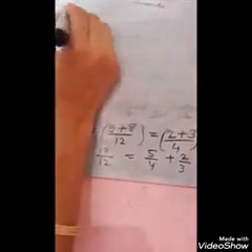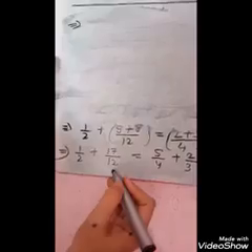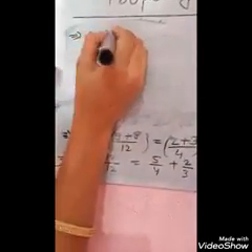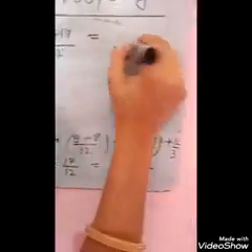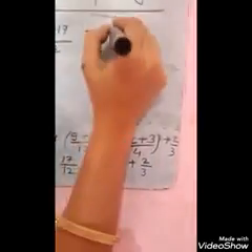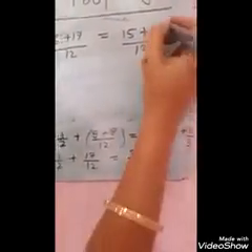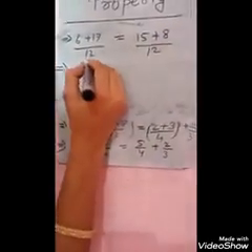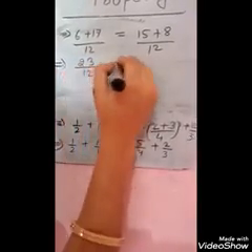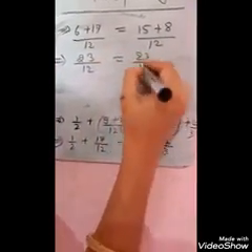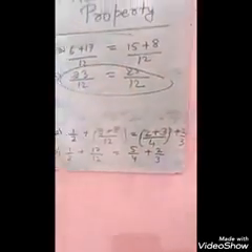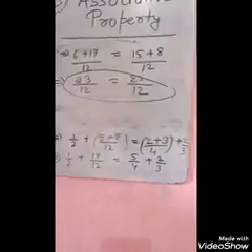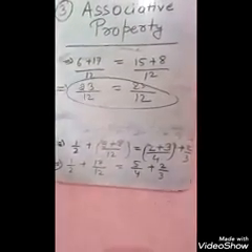Now we have in LHS 1 by 2 plus 17 by 12. We will solve it: 12, 6 plus 17, and here 12, 15 plus 8. All of you know how to solve any rational numbers. So this one is 23 by 12 and here also 23 by 12. So it is true for addition. You can see associative property is true for addition. The same way you can take any example and you can conclude the property.